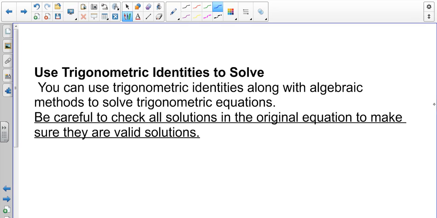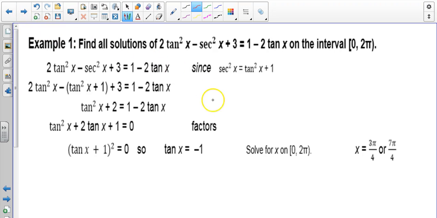You will also have to do a few problems, eventually more than a few, where you will have to do some trig identity trades. Okay? When you do the trading, be careful to check all the solutions to make sure that they are valid. Now, the easiest way to check is honestly to graph, but this particular problem would kind of be a nightmare to graph